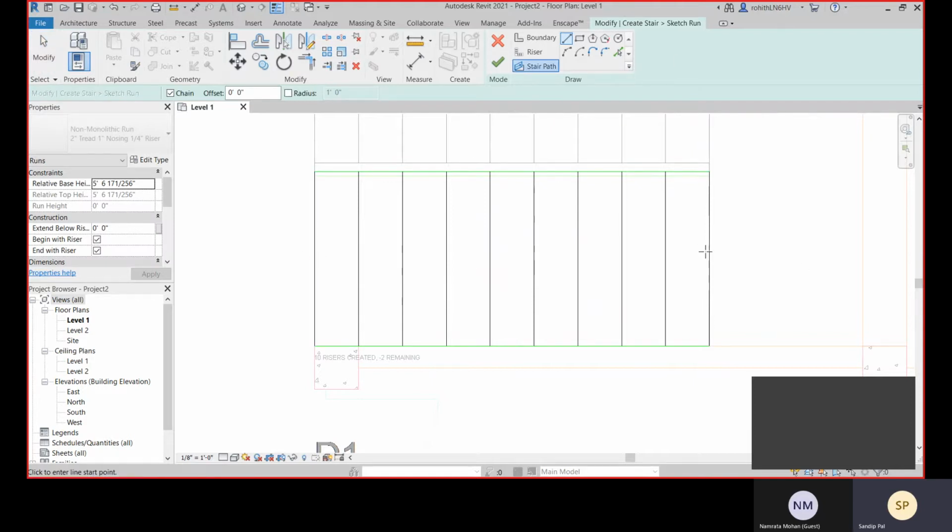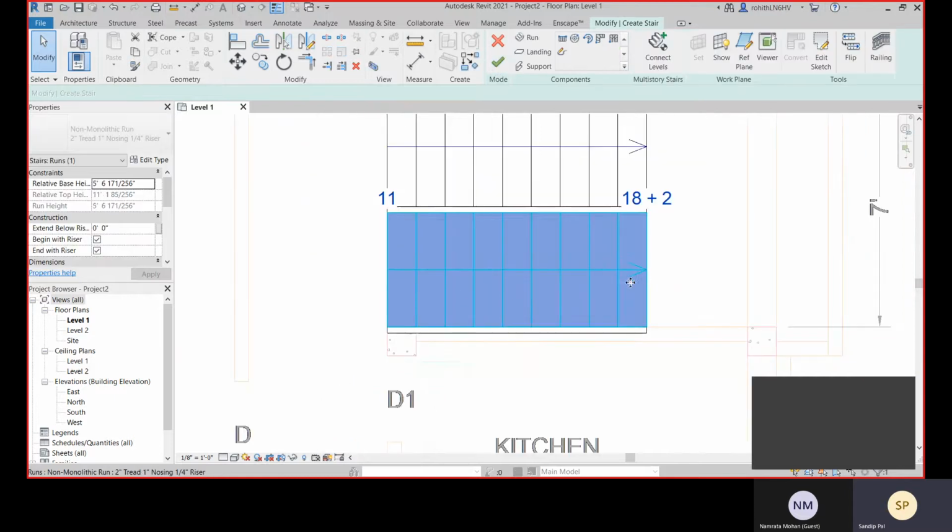From this end to this end, let's define this into this end. The riser path is just to define the riser path. Okay, there is no connection with the direction. So finish it.